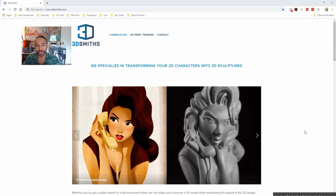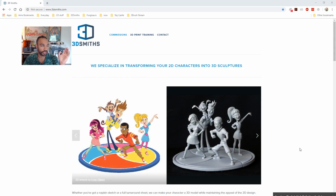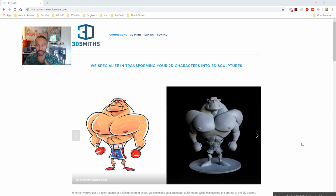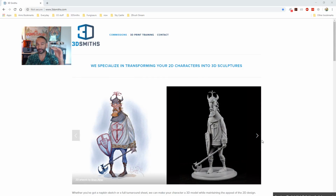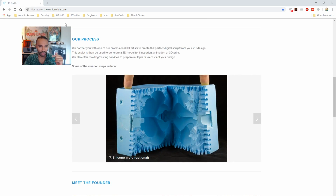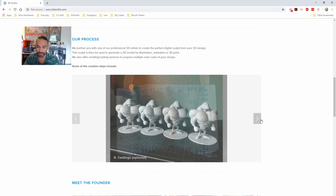But what I decided to do with this business, since I had already made a few different maquette prototypes and 2D translations, was turn it into a development shop where I work with a lot of clients to take their 2D ideas, make them 3D, and we can make small runs of resin casts. Or what I prefer to do is make one-off trophies or 3D printed animation maquettes for their pitches. So if you scroll down here on my 3dsmiths.com site, you can see the process of what it takes to make something